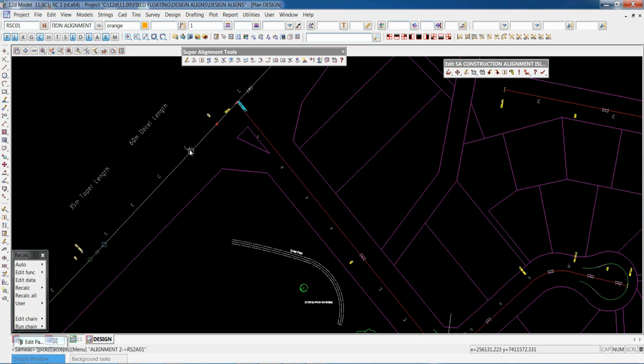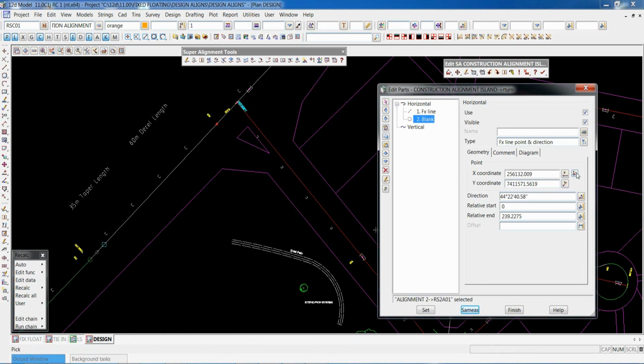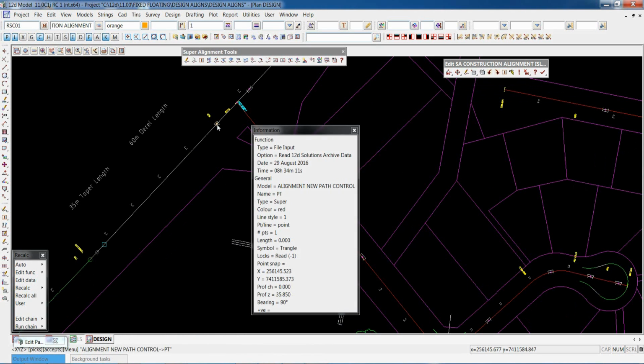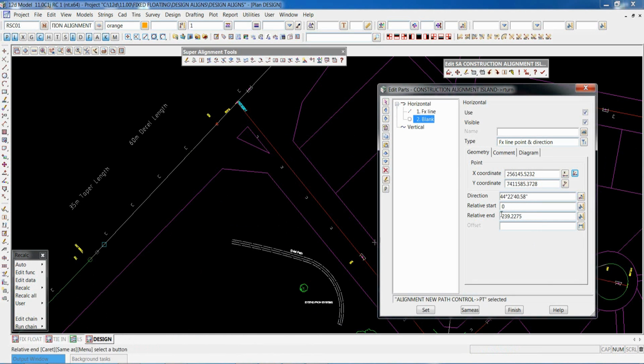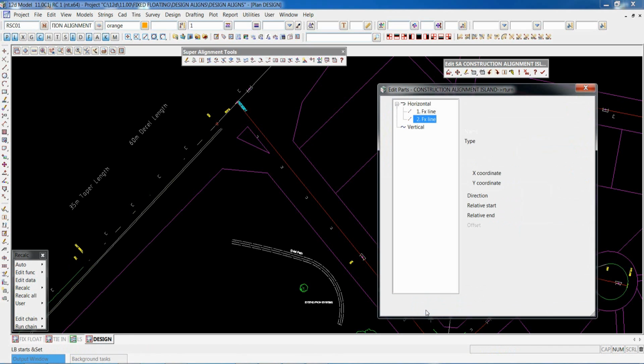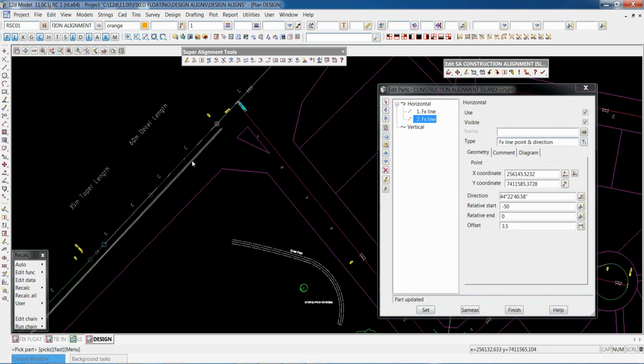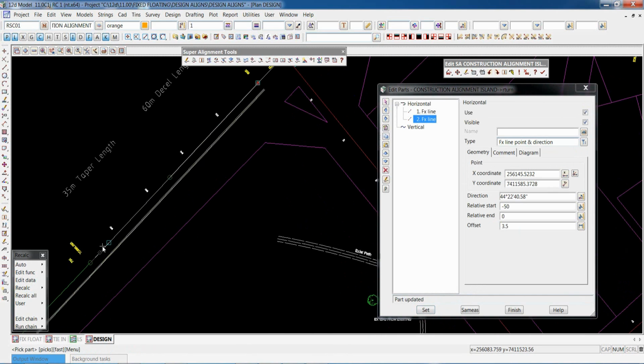We pick our alignment string with direction that we're travelling for our alignment. We're going to pick a point, so rather than the point where I drop my cursor, I'm going to pick that nose point that I've utilised. I want to be able to say the relative distance, so say -50 is the deceleration length, and I don't want to go any further past that nose point, so the relative end is 0. And my offset here is 3.5. So again, I pick the direction this way, so that's the offset to the right hand side. So these 2 lines are parallel, so we need to have another part that will form the taper.